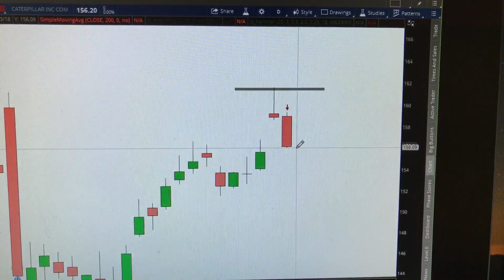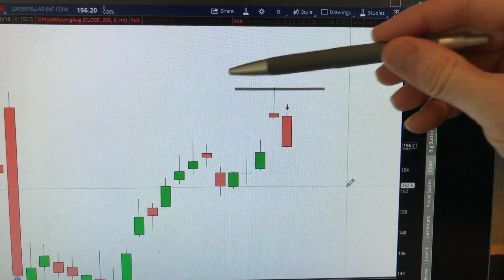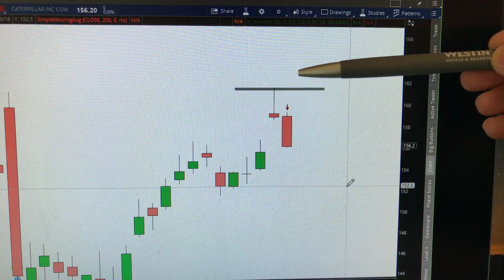But I think here too, as always, it's important to have your set of rules. You can have any rule in the world, and one of my former mentors used to tell me that you can try just about anything in the market as long as you have good risk parameters. And if you look at this, whether this trade works out or not, I don't know. But what I do know is I have extremely well-defined risk where I know where the bulls